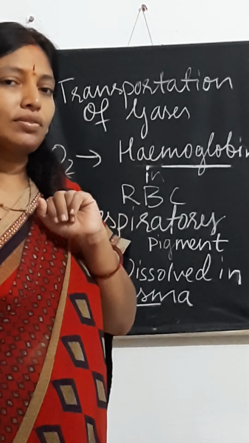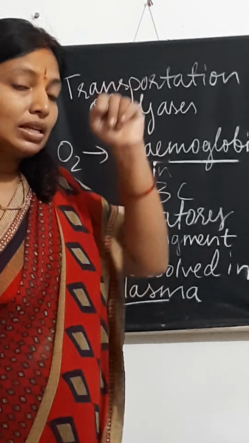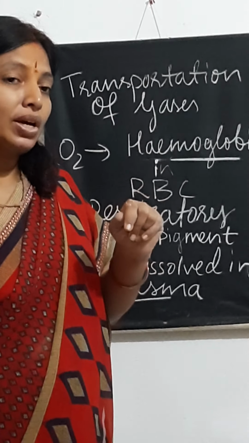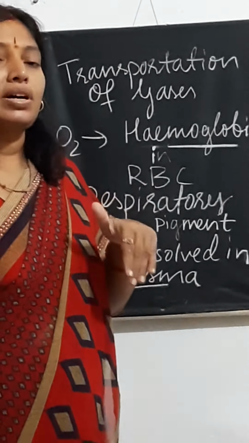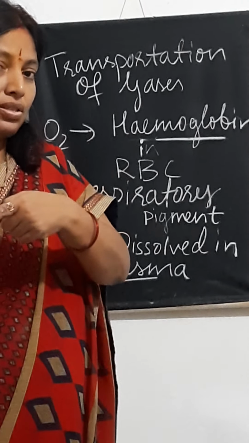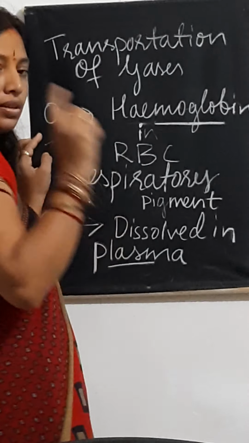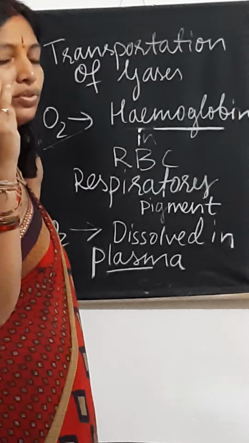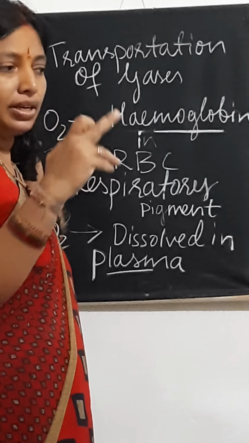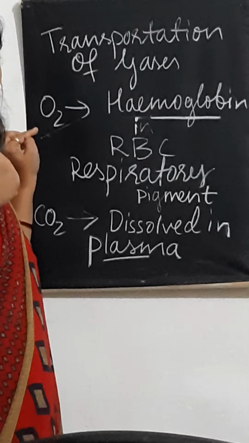Why do aquatic organisms breathe faster? Because oxygen dissolves less in water. So comparatively, they need to have a faster breathing rate compared to whom? Compared to we, the terrestrial organisms. Because for us, oxygen is freely available in the air. So we have a lower breathing rate compared to aquatic organisms. So that is the advantage which we have.